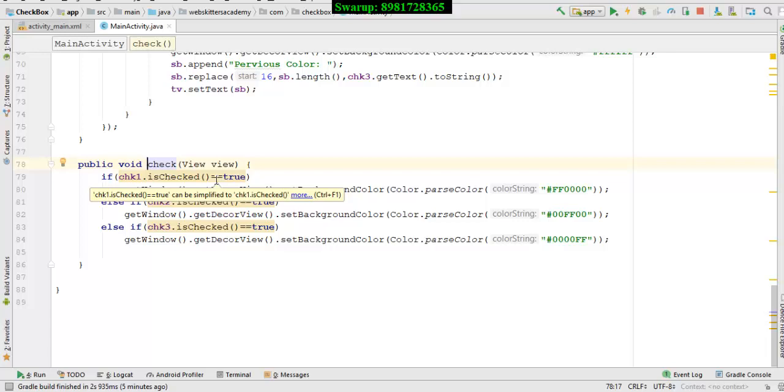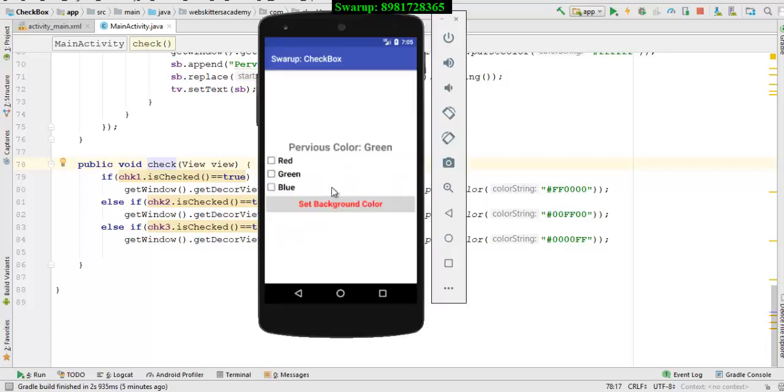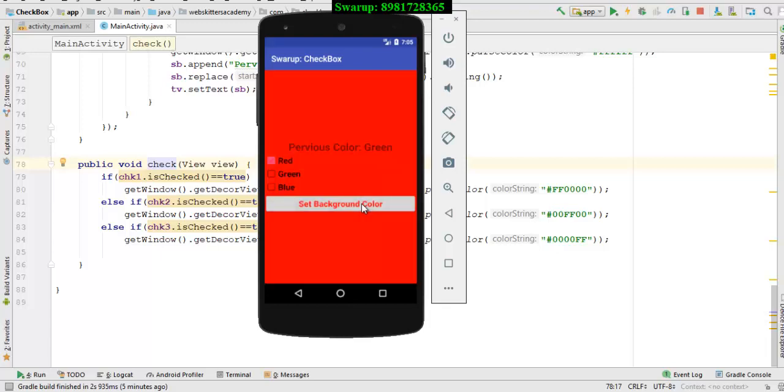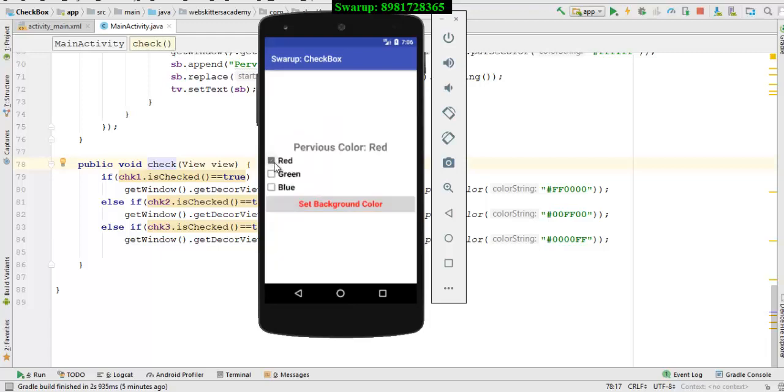But when I'm unchecking it, I'm not clicking the button anymore. Directly, the checkbox is able to follow my activity. I mean to say it knows which functionality I'm going for. So the moment I'm clicking this, suppose I'm going for red, and then I'm clicking the button, and then I'm unchecking it. See, it can easily track which particular characteristics I have implemented. That is,